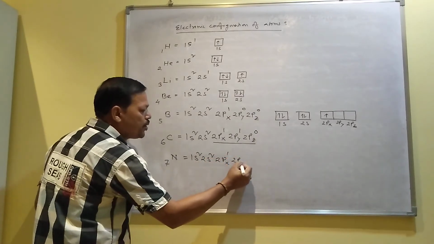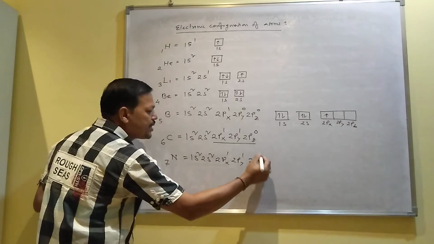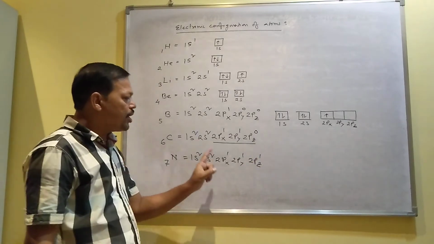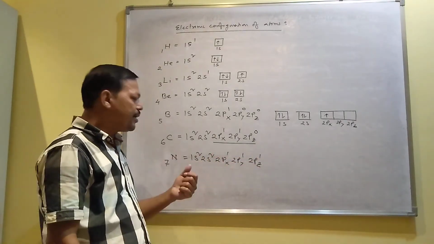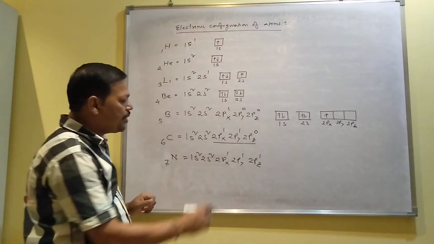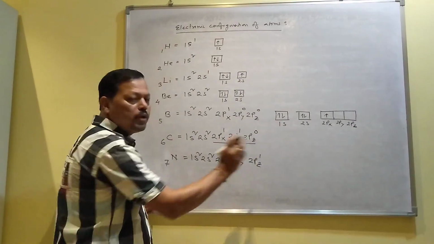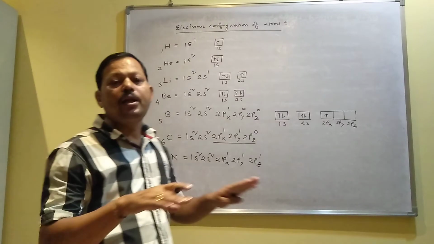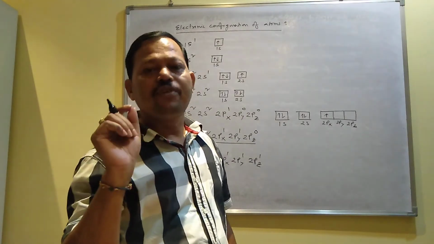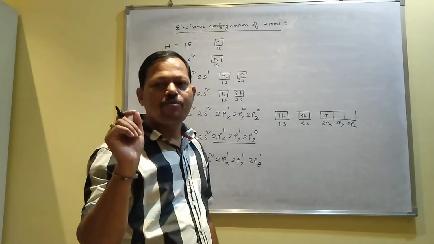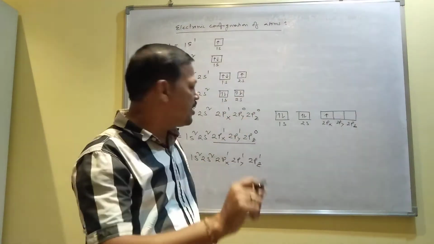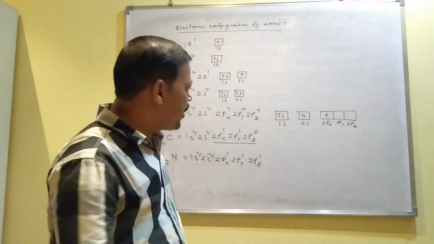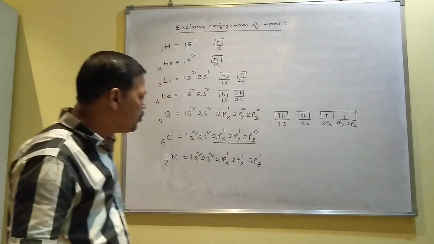Similarly, for nitrogen, atomic number 7: 1s2, 2s2, 2px1, 2py1, 2pz1. First you have to enter 1, 1, 1, and then as the electron number increases, you can put 2, 2, 2 like this. I mean, in case of equal energy orbitals, when you fill up the electrons, first you fill singly, singly, singly, then you can do pairing. So that is Hund's rule.